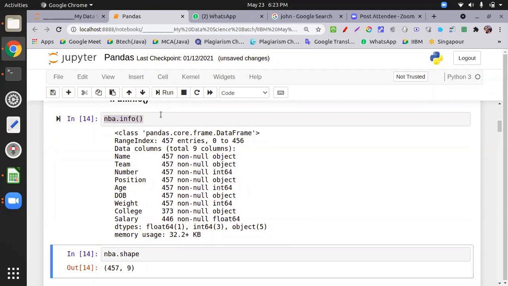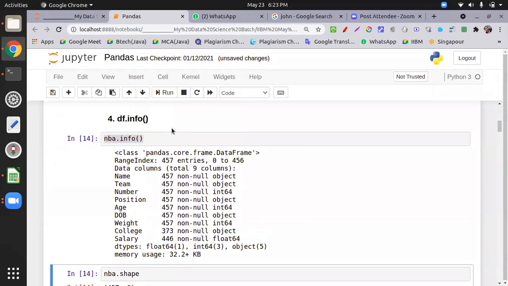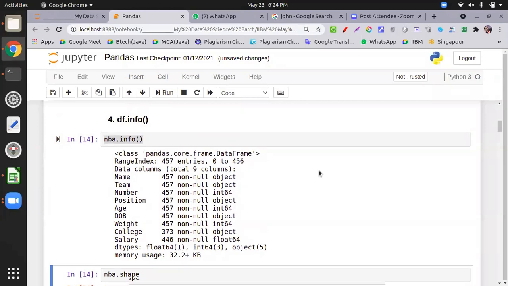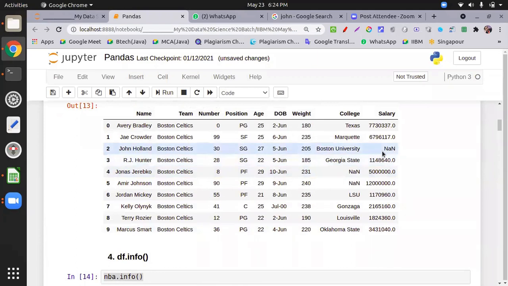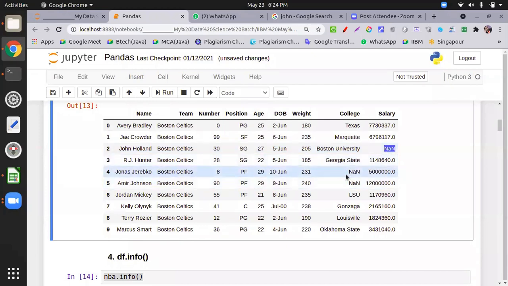Sir, does NaN have any abbreviation? Please repeat your question. I mean, does NaN have any abbreviation? In JavaScript, if you remember, it is not a number, not a numeric, like that. Okay, because I know only these two abbreviations, not a number or not a numeric. All right, that's why it is put automatically as NaN.